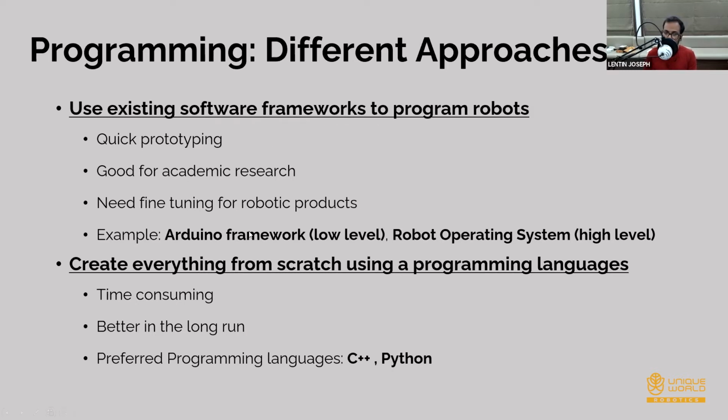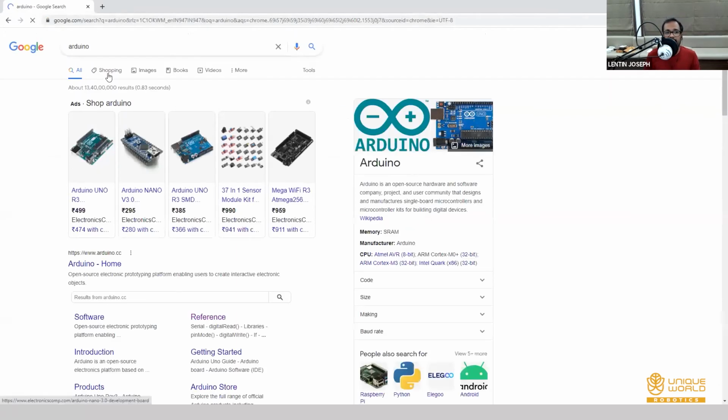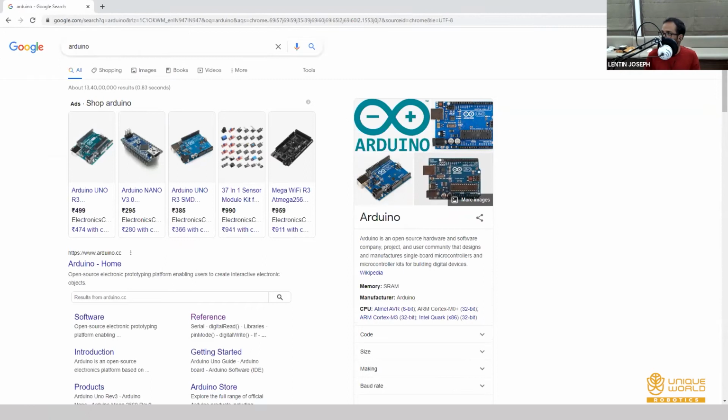And second, you may have heard about the Arduino framework. It's a very popular framework you might use. Maybe if you have not seen the Arduino board, I can just show you in the browser. I think you might have seen this kind of board, the Arduino board. This is an existing framework.